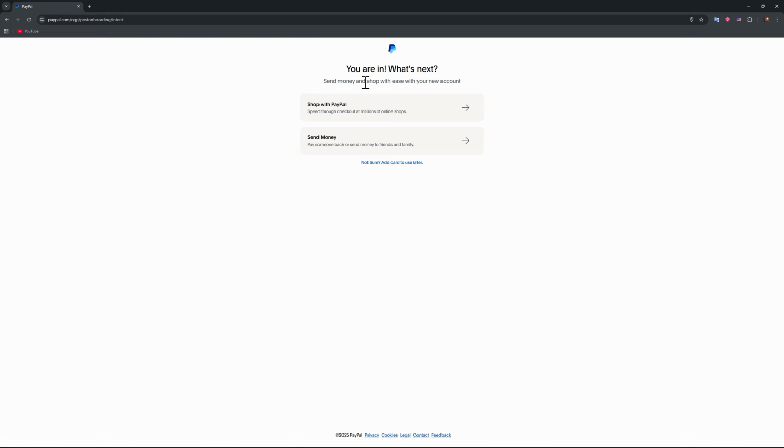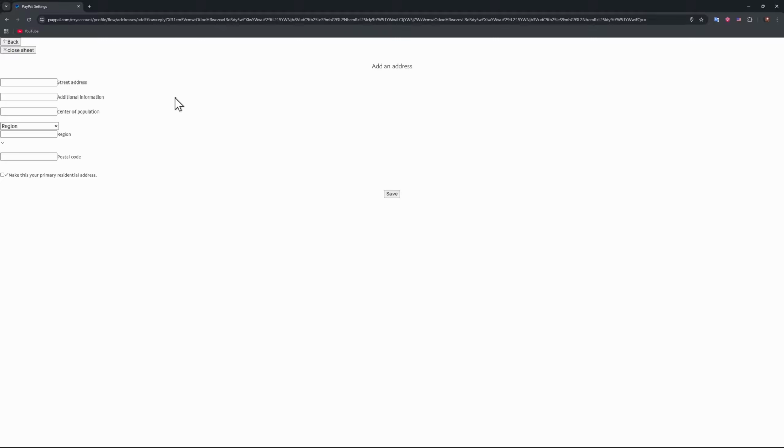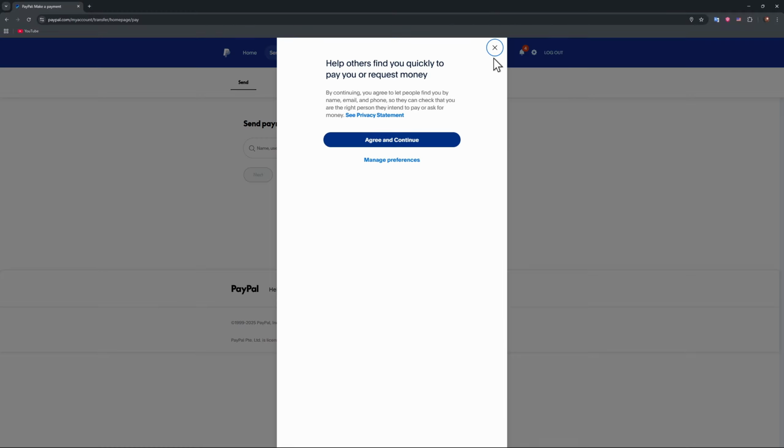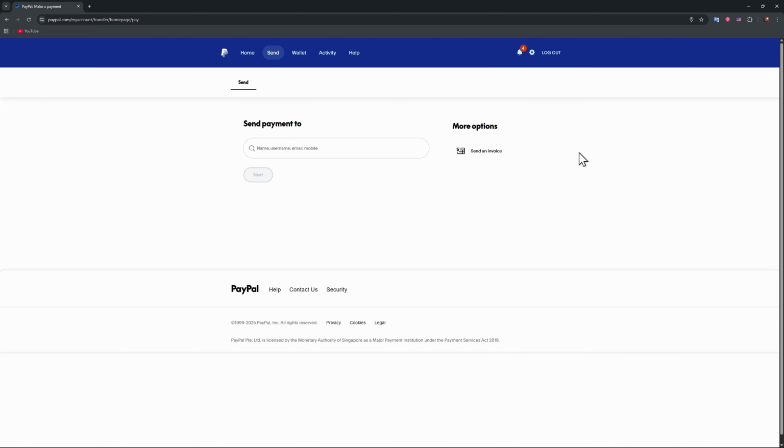And as you can see, you can send money and shop with ease with your new account. Now you can, for example, shop with PayPal or send money. Just press on any of these. And in here, guys, you can either add your new address or choose the one that you've inserted when signing up. Or you can just do it later, which is fine. And now you have your PayPal